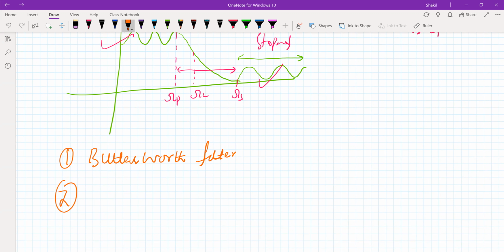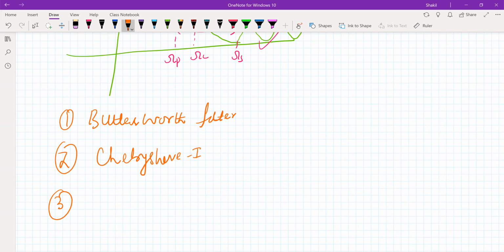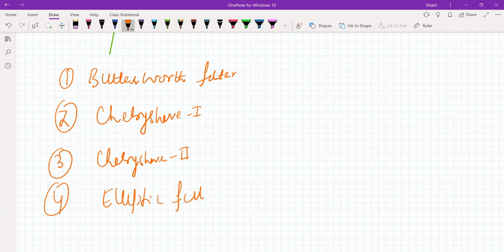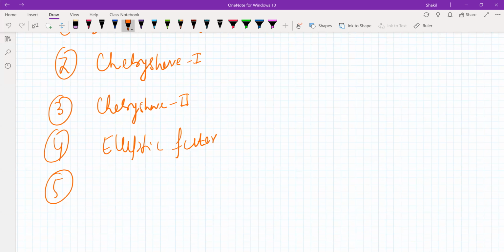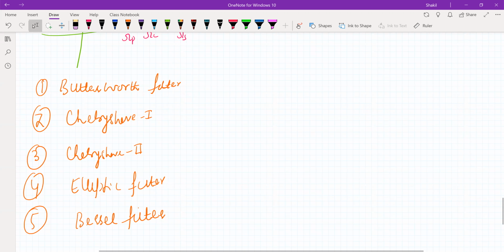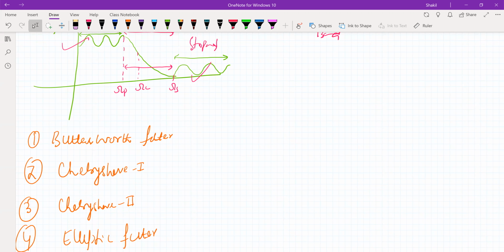Second type is Chebyshev type 1 filter. This is referred to as the Chebyshev type 1 filter. Third type is Chebyshev type 2 filters. Fourth type is elliptic filters. And fifth type is Bessel filters. All right, so these are the different filters that we get, whether we allow the ripple to be present in